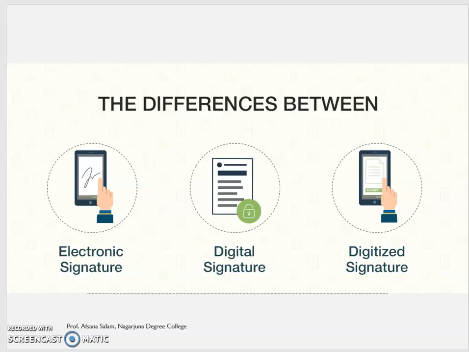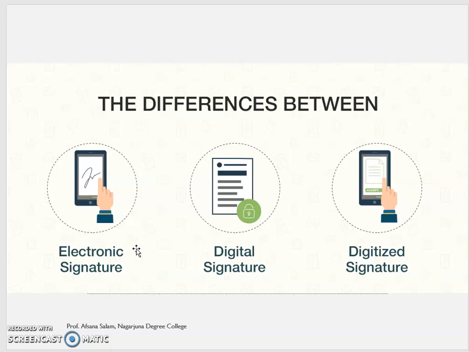We have 3 different types of digital signatures. One is electronic signature, second one is digital signature, and third one is digitized signature. So electronic signature, you can see the signature is done, that's all. Electronic signatures are signatures done manually by the user. Second one is digital signature.